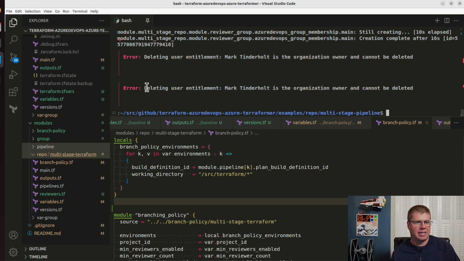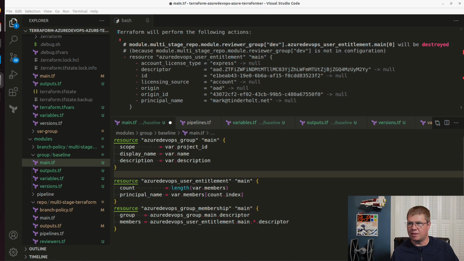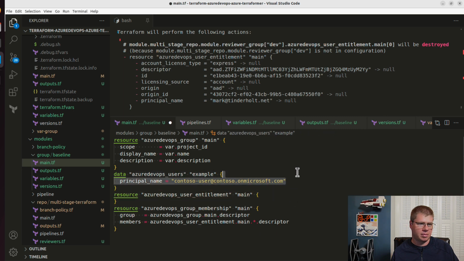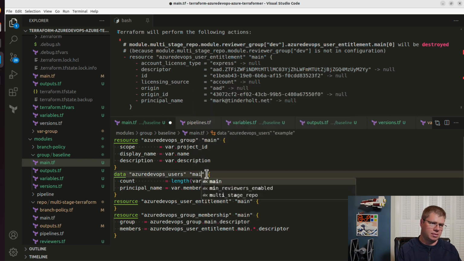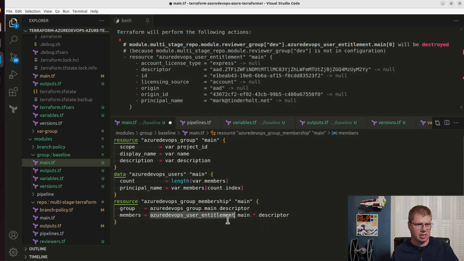Okay, deleting user entitlement is the owner and cannot be deleted. Instead of user entitlements, I should be using this Azure DevOps users thing. Instead of this user entitlement, I think what I should be doing is going and grabbing the users like this and setting them like that. And then when I go grab this, I don't actually need to use entitlements, and I can output the descriptor